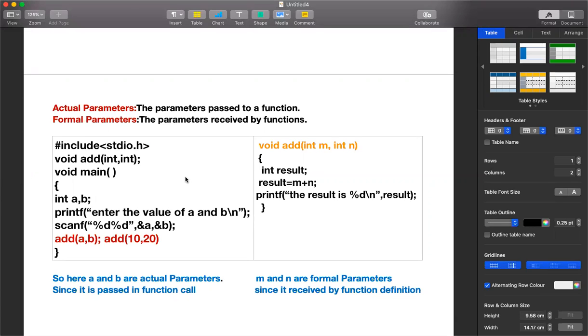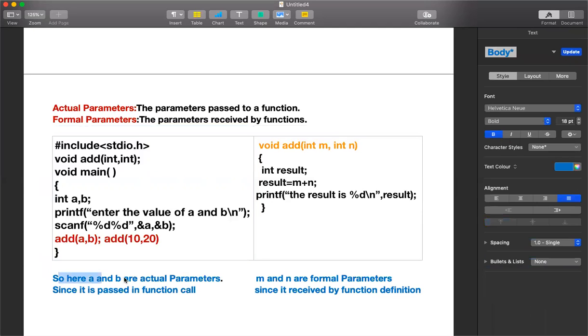If you can see here, after taking two inputs from the user, a function has been called, and that is the add function, and we pass two parameters to it. Whichever parameters you pass to a function are nothing but actual parameters. So in this example, a and b are the actual parameters since they are passed inside the function call.